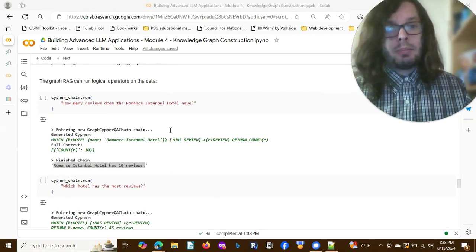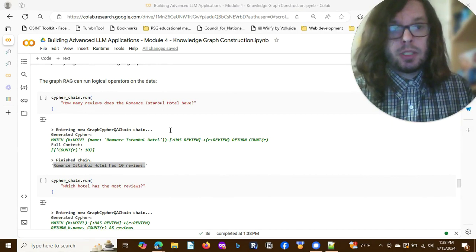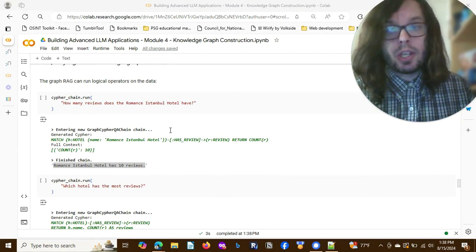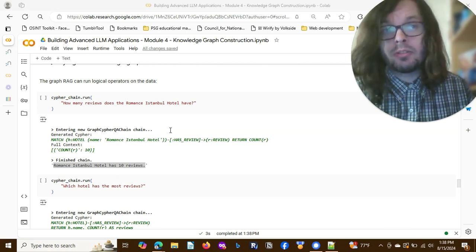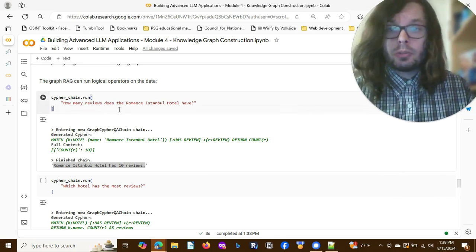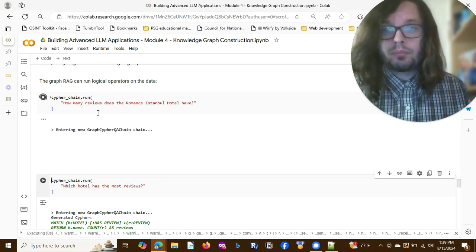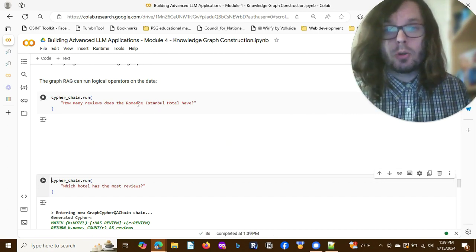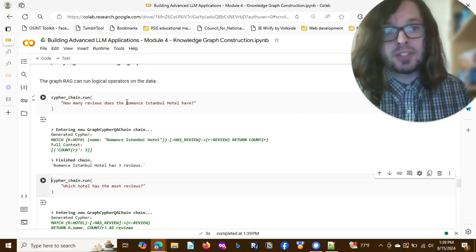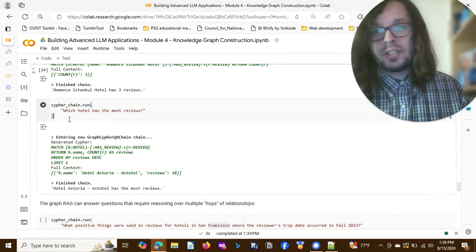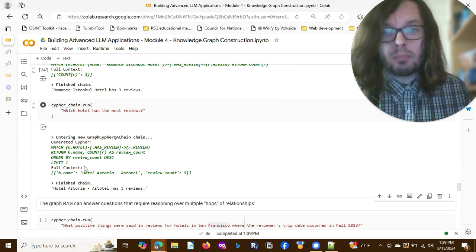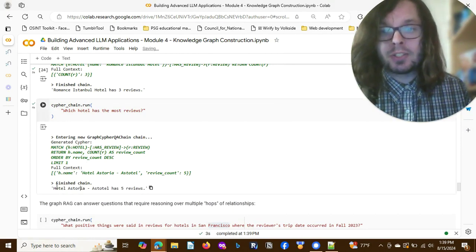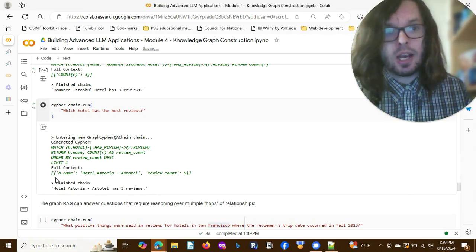So, as I mentioned in class before, GraphRAG can be used to do a number of operations and more sophisticated reasoning that you can't easily get from a typical RAG setup in a vector database. First, you can run logical operators on the data. You can count how many reviews this particular hotel, the Romance Istanbul Hotel, has in the data set. This comes back with 3 from our stratified sample. You can likewise count the hotel that has the maximum number of reviews, and it will be able to do that proper counting and give you back the answer that the Astoria Estotel Hotel has the highest number of reviews